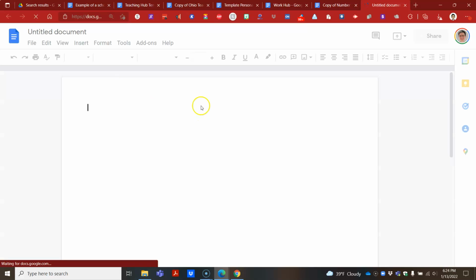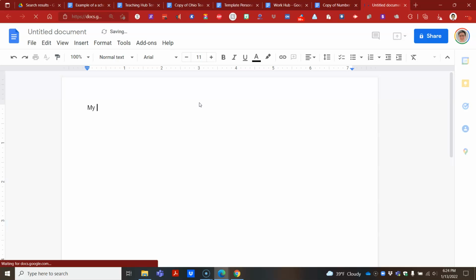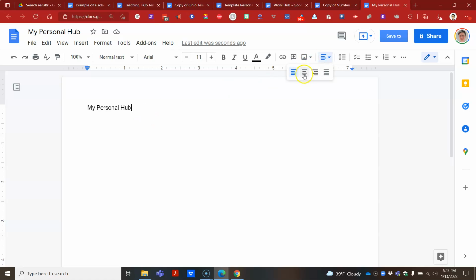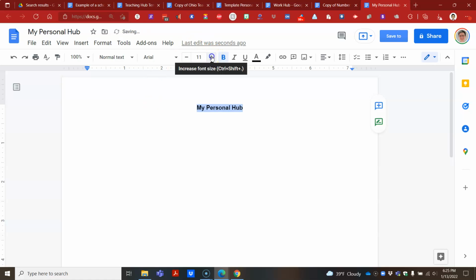New document. And let's say you're going to call it My Personal Hub. Once you have typed something in the beginning, you can just click on the title up above. It will rename it automatically, whatever you've typed. I'm going to throw that into the center, bold it up, make it a little bigger, and then